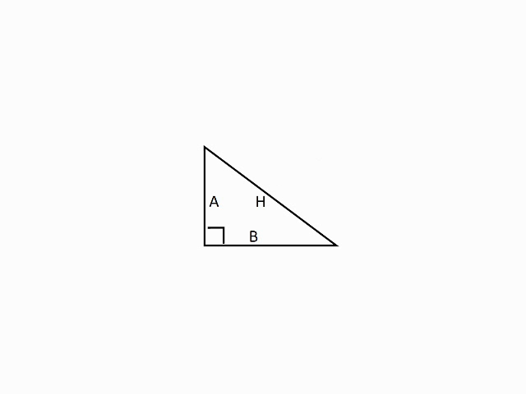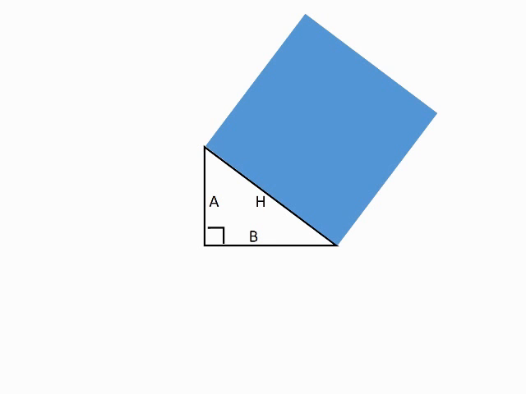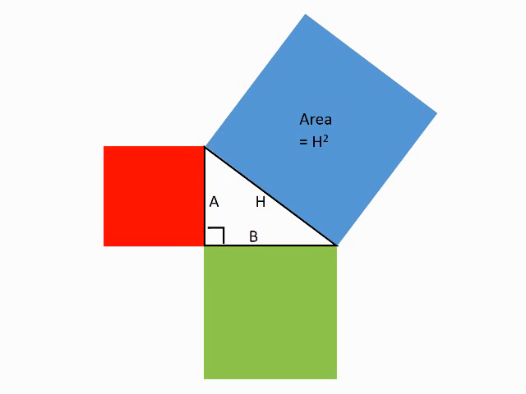If we construct a square with sides of length h, it has an area of h squared. Likewise, if we construct squares with sides of length a and b, they have areas of a squared and b squared. In 500 BC, the Greek philosopher Pythagoras